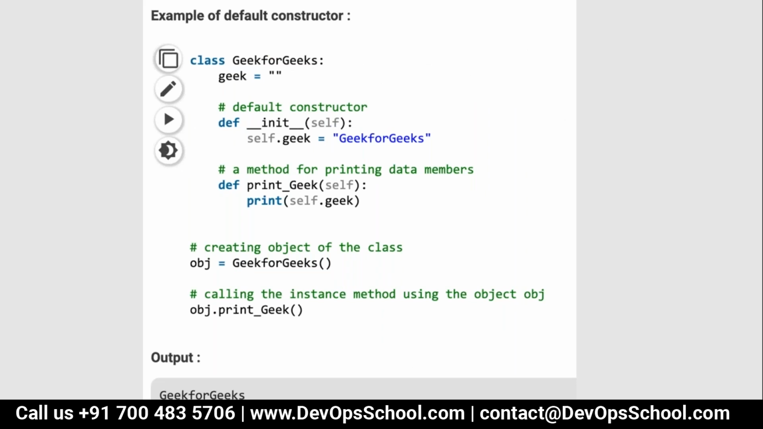Self.geek means myself, the variable, a string variable which you have in the second line, is equal to GeeksforGeeks. Inside that, you initialize self, and then you define a parameter which is geek. Now there's one function called print_geek, again with self, and here you are displaying self.geek, which is set to GeeksforGeeks, and that is a method. And after that, when you are creating an object, then automatically the output will be